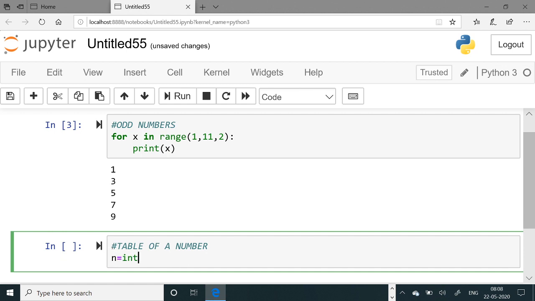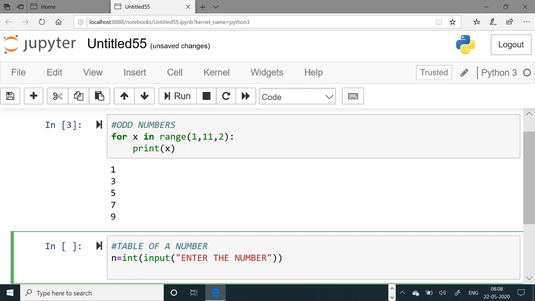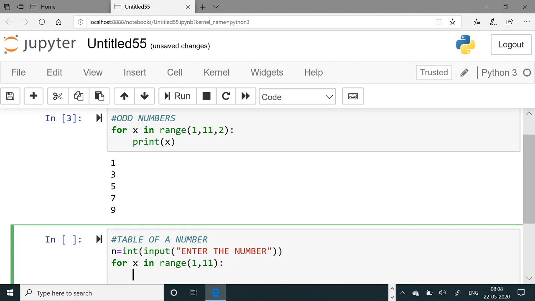Here you will take int input, enter the number whose table he wants to see, and then you have to use a for loop, simply x in range. In the table I want to start from 1 till 10, means I will give 11 here, then colon, and you want to print the table.